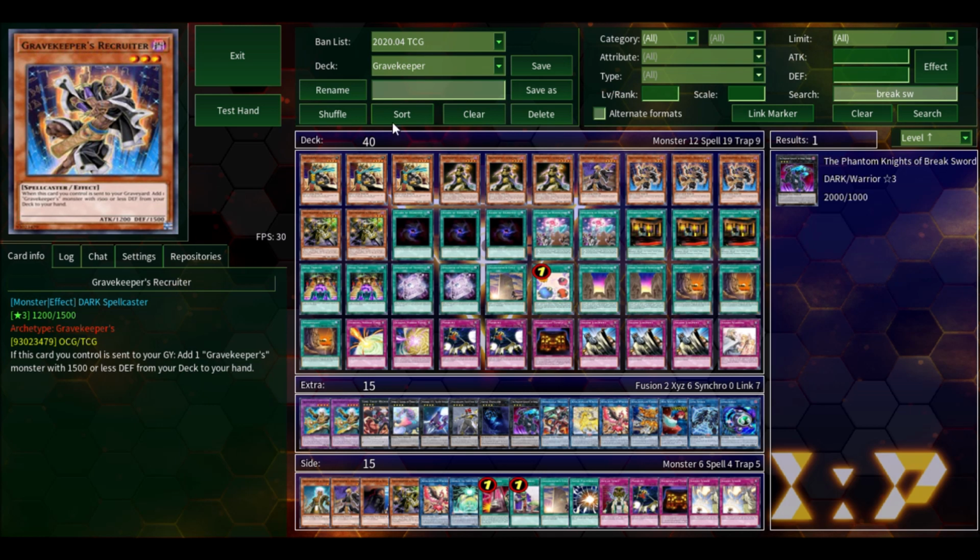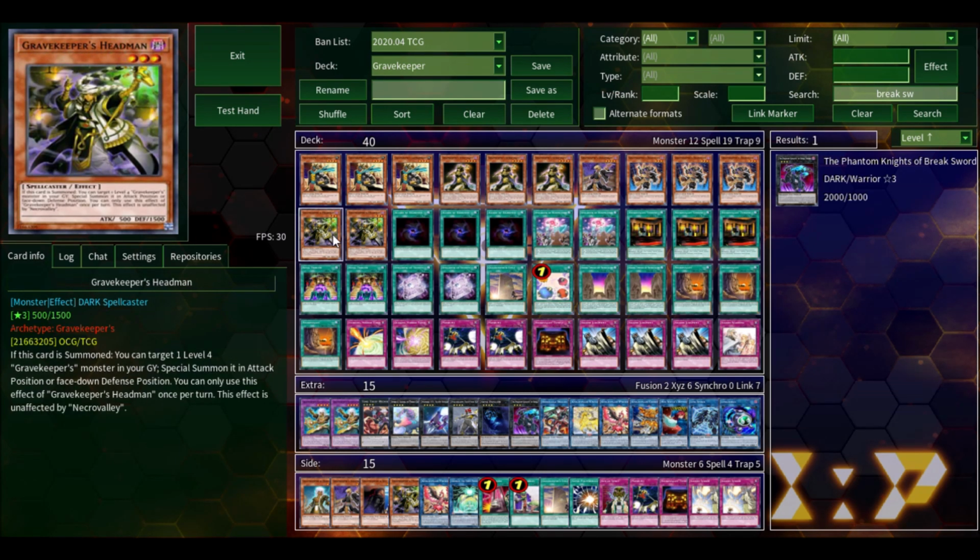Now for the last monster, I run Gravekeeper's Headman. Gravekeeper's Headman is a nice card, also relatively new support. It gives you access to the Gravekeeper level 4 monster in the graveyard. And now, of course, since Gravekeeper's Headman is a level 3 monster, you cannot go to Xyz summoning of some